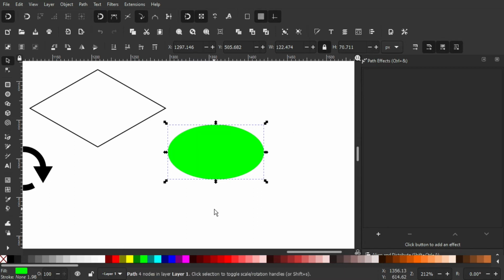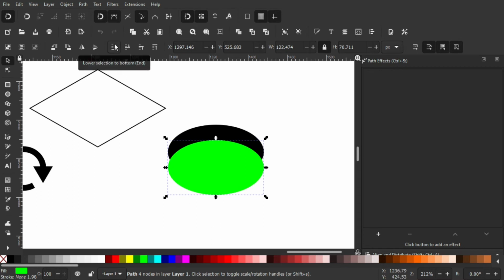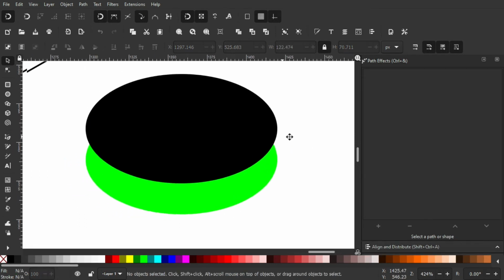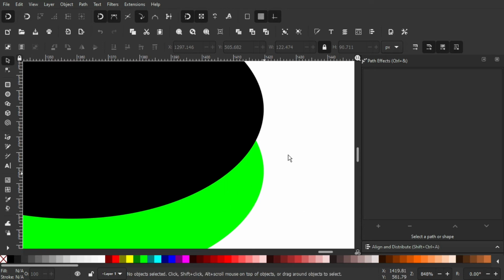And we're gonna press our down arrow key 10 times, and make sure it's sent to the bottom with this button over here. So we have this kind of two ovals over here, and there is this weird gap over here that we